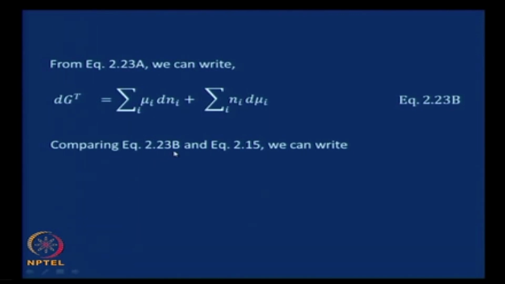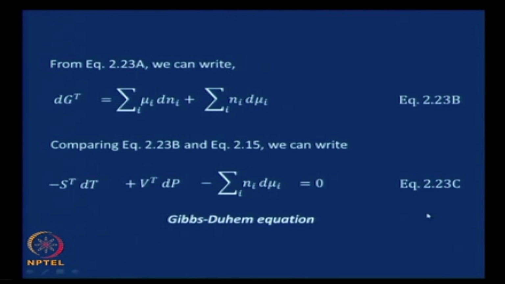If we compare 2.23b with 2.15, I would like you to compare yourself, we can write minus St dT plus Vt dP minus summation of Ni d mu i. If you substitute the expression for dGt and cancel the common terms here, we get minus St dT plus Vt dP minus summation of Ni d mu i. This mu i dNi will get cancelled with the plus mu i dNi which appears in dGt, and that equals 0. Let us call that equation 2.23c. This equation, minus St dT plus Vt dP minus summation of Ni d mu i equals 0, is called the